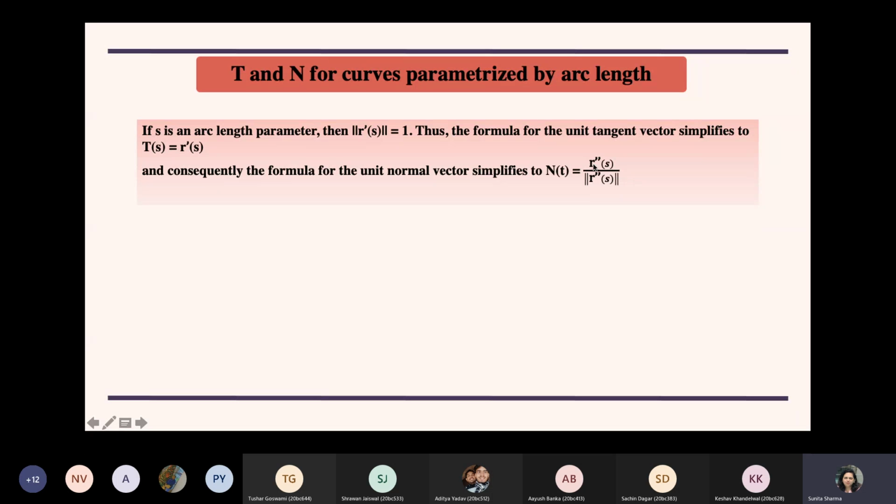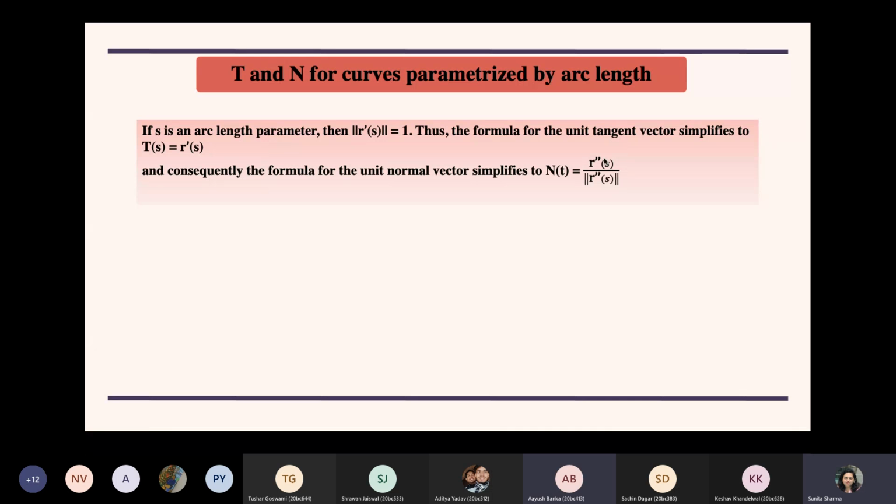So even if you forget this part, you know that the normal vector is the derivative of the tangent vector, and the unit normal will be the derivative of the tangent divided by its norm. So you will ultimately get the same expression. But if you can remember, then you can directly write it like this. Okay, so that is all I had to tell today. Any doubts in this part?